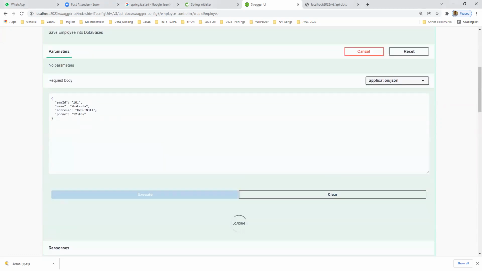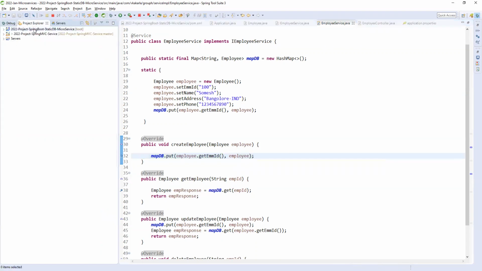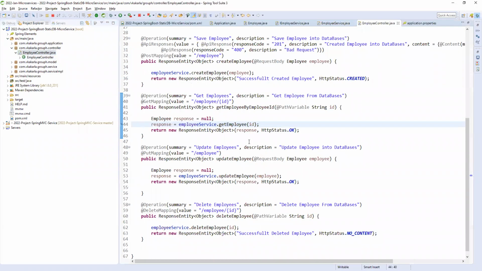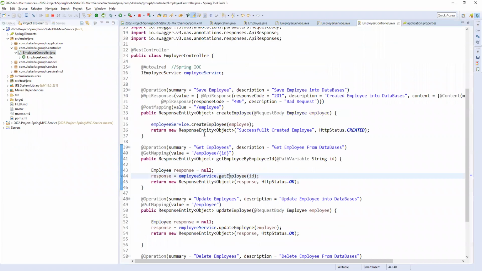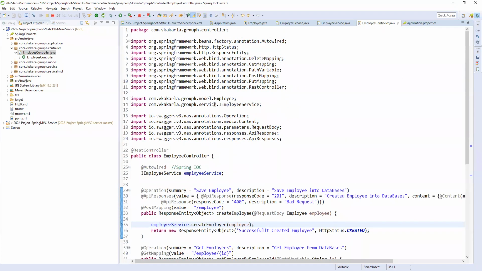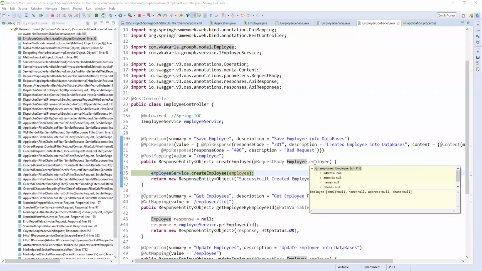So I'm giving here, so it is coming. Oh, why is it coming directly here? Create employee. So I need to check the employee from where it is coming. Model.employee group H only. Okay, let me check one more time. So here also we are getting null. Why are we getting null?